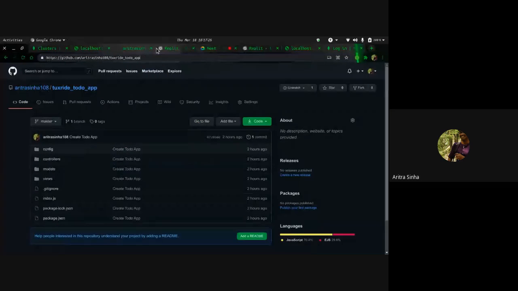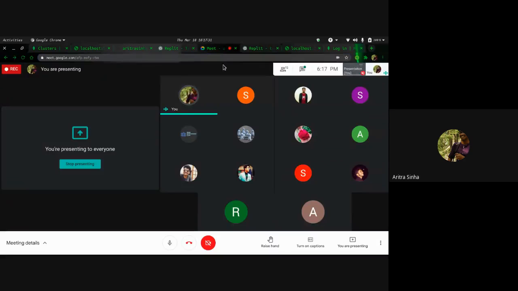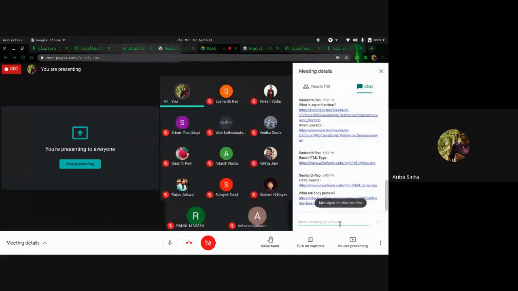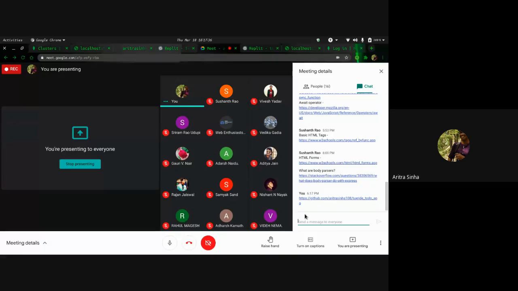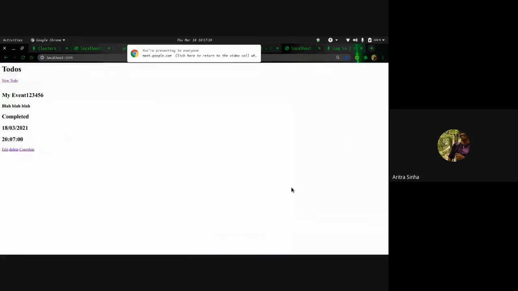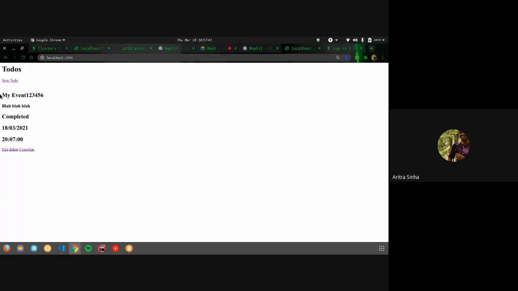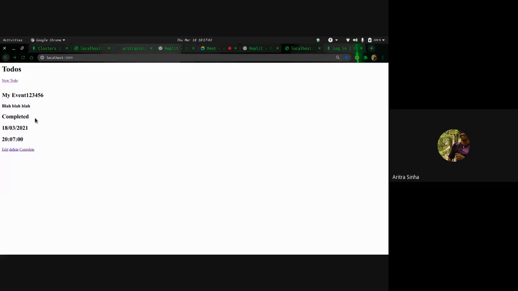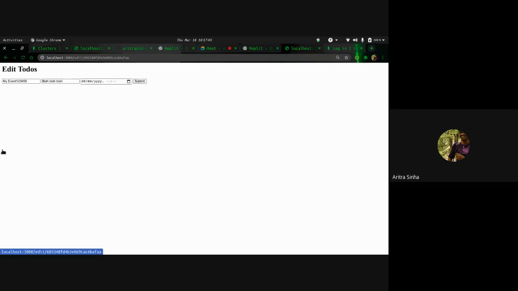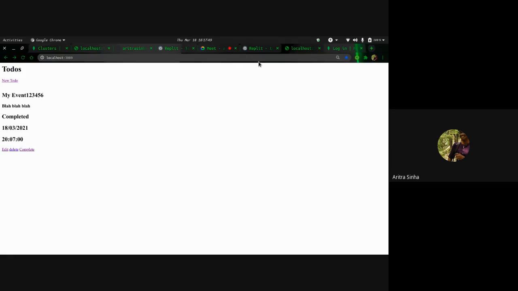I have pushed the changes. I have the same application ready inside my GitHub repository, so just check this one in case you need it. This is the whole function. You can create one, you can edit any specific to do and complete it or delete it.